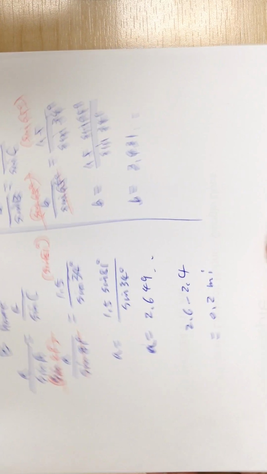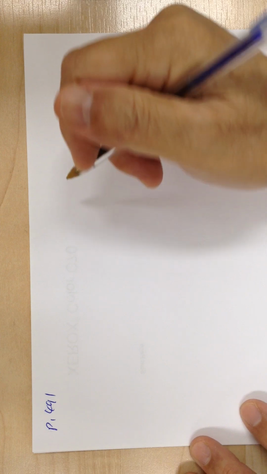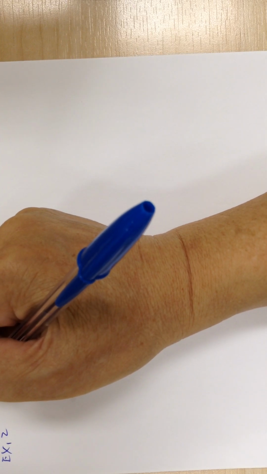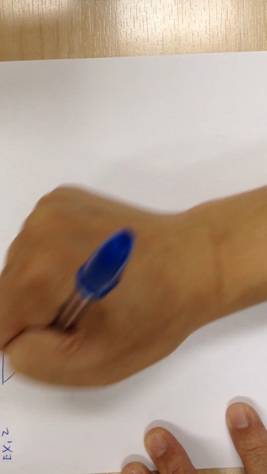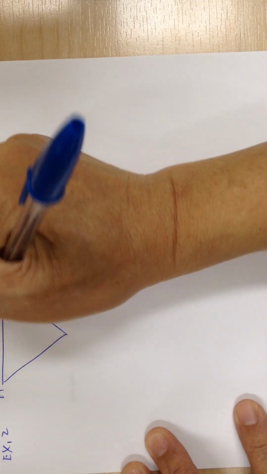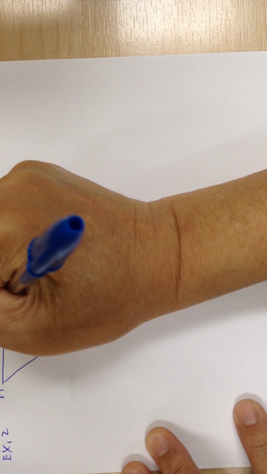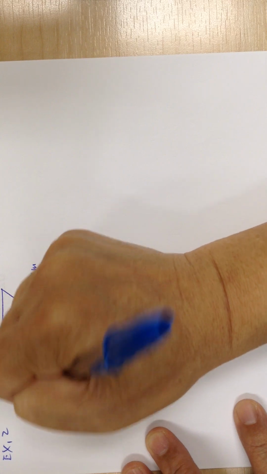Let's go to example 2. It says find the angle measure using the law of cosines. So you have this picture over here. You've got A, B, C. C equals 19, A equals 11 centimeters, B equals